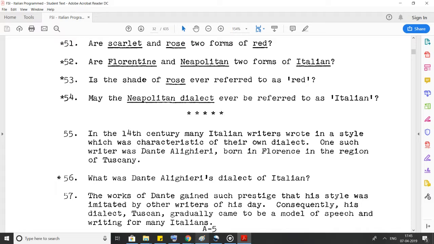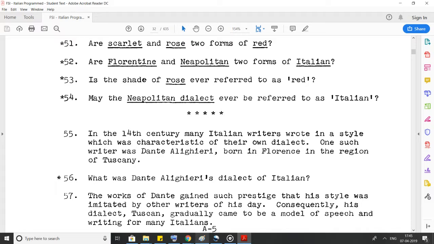Frame 53. Is the shade of rose ever referred to as red? The answer is yes. Frame 54. May the Neapolitan dialect ever be referred to as Italian? The answer is yes. In the 14th century, many Italian writers wrote in a style which was characteristic of their